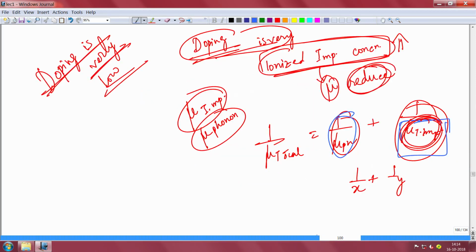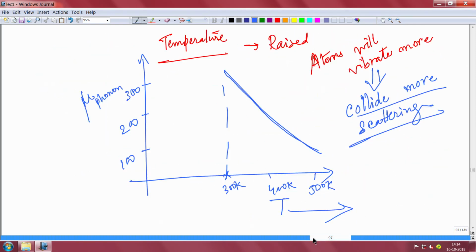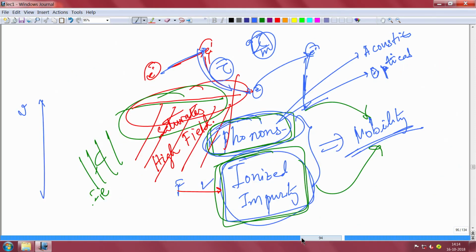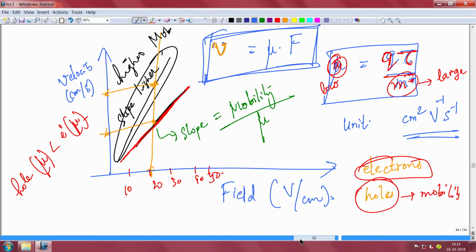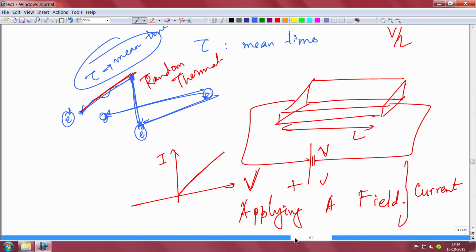Before that, we had discussed mobility, how mobility is affected by carrier scattering from the impurities, from phonons, which are nothing but lattice vibration. I also told you the definition of mobility. What does mobility mean, right? What is electron velocity, how electron velocity saturates, how mobility changes with temperature. Electrons have their own mobility, holes have their own mobility. Mobility of electron in silicon, for example, is 300. Mobility in graphene or other material could be even 100,000 or a million at low temperature, for example. It depends on the material. And I also told you that velocity does saturate, all these things of carrier transport were discussed in the last few lectures.